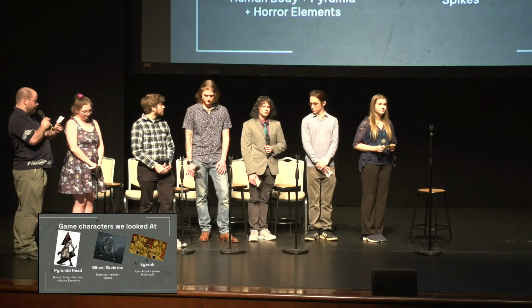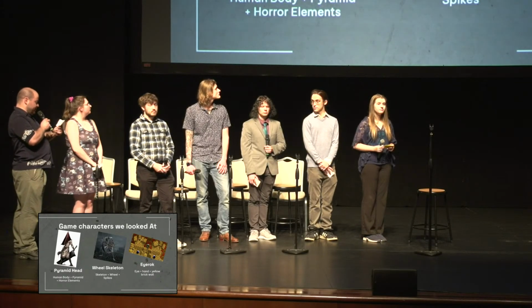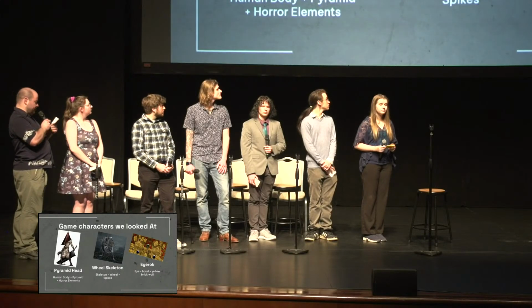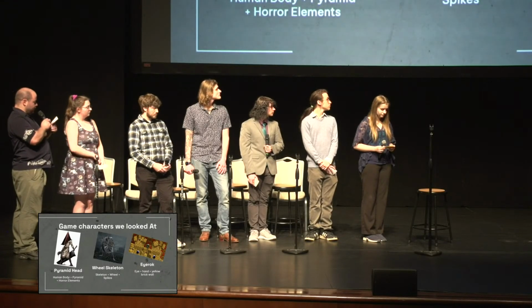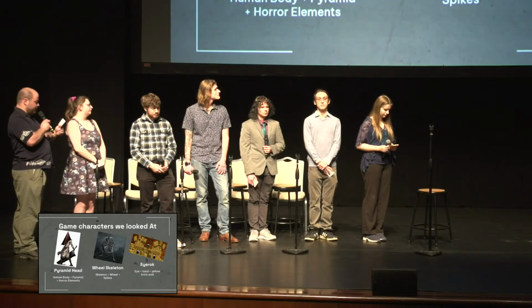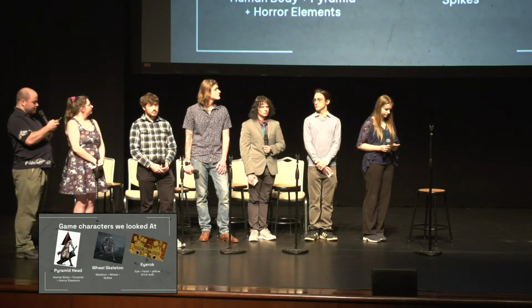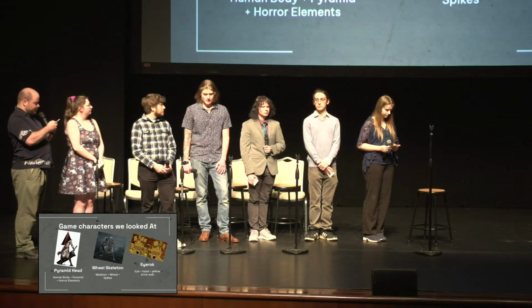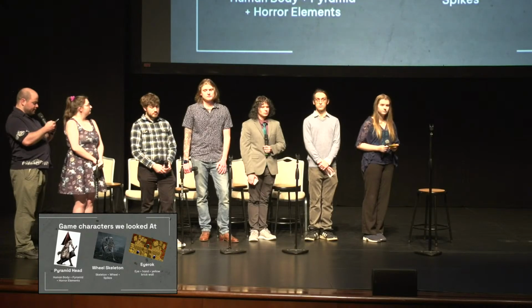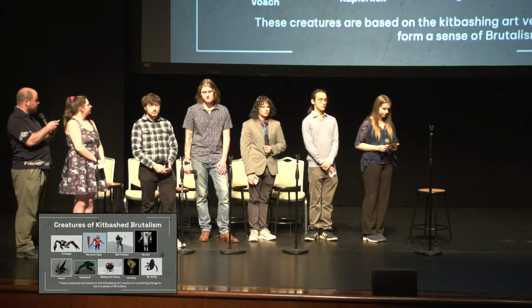Second was Dark Souls 3's wheel skeleton enemy that embraces brutalism by combining a human skeleton, a wheel, and a set of spikes. Third, we looked at iRock from Super Mario 64, which is made up of an eye, a hand, and some yellow brick. This led to the conclusion that some games combine three known elements to create unique characters in the sense of kit-bashed brutalism, which aided us in our creature design, as you see here.